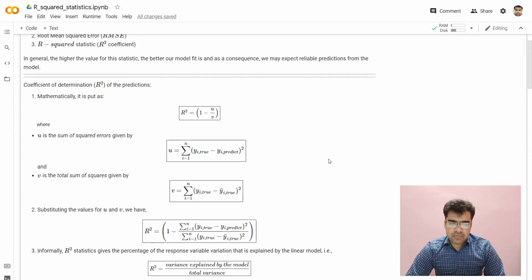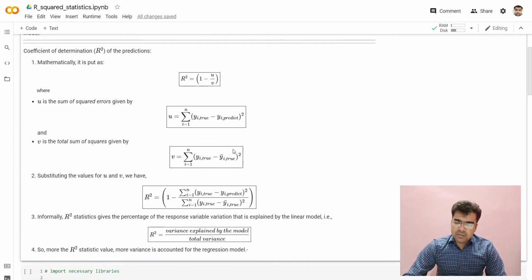Likewise, the denominator in the fraction is given by the letter v, and it is called the total sum of squares. How is it computed? We take the mean value of the ground truth over all the samples, and we subtract that mean value from the corresponding ground truth. In the expression, the mean of the ground truth is subtracted from the actual ground truth, and whatever difference comes, that difference is squared. This squared difference is added for all the n samples at hand. Once we take the sum of these squared differences, we have a quantity called the total sum of squares.